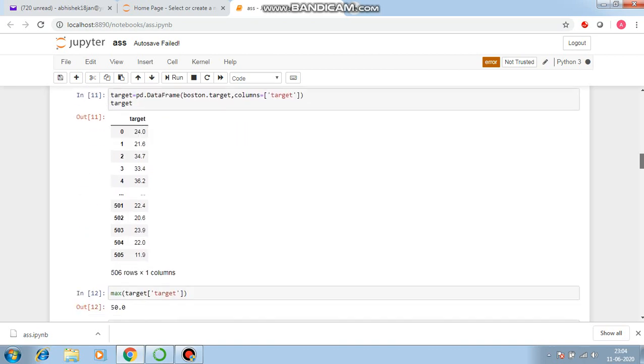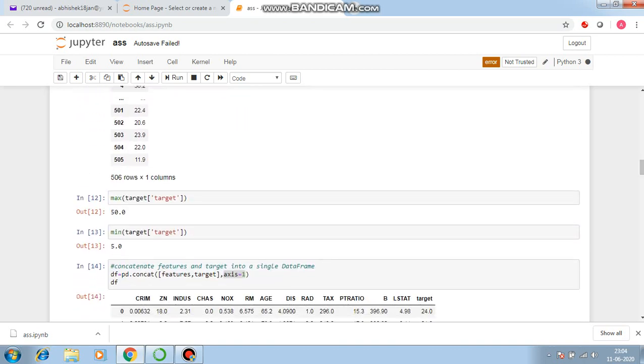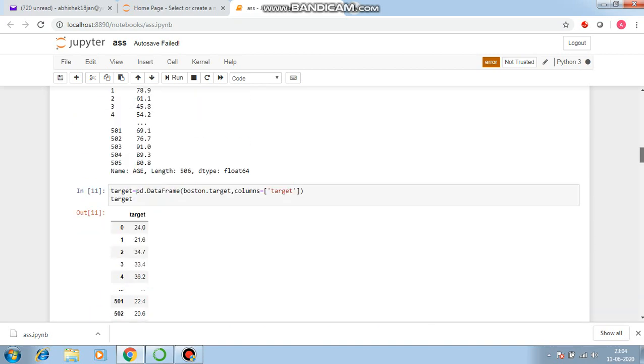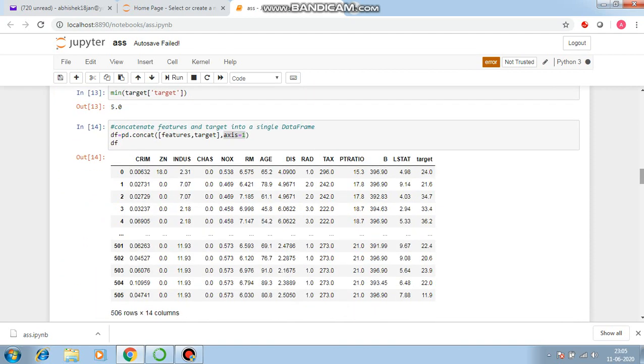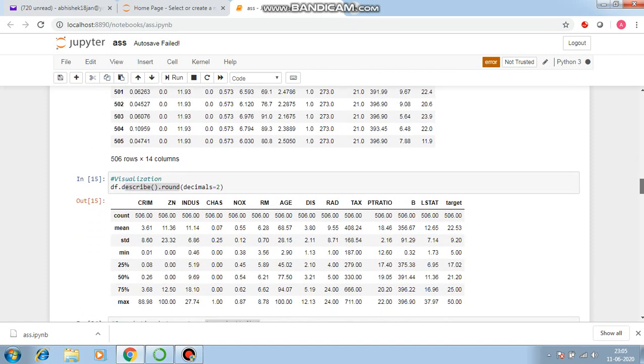Before going further, I will describe how to calculate the minimum and maximum value of the target. It ranges from 5 to 50. As we have created separate data frames for features and target, now our job is to concatenate both of these. Since we want it concatenated by column, we will put axis equal to 1.